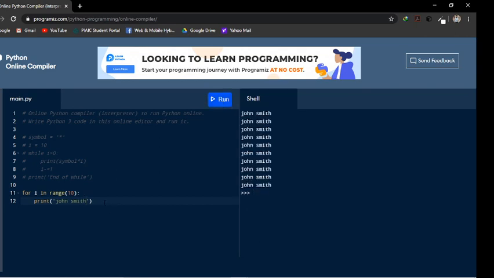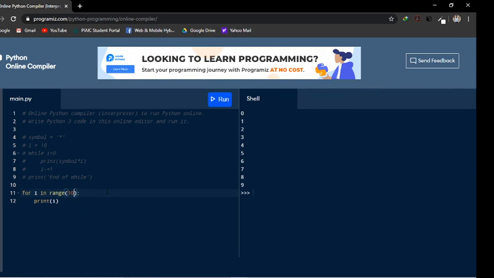You can see there is no need to increment i, and no need to assign i first. Range does all this itself; range itself increases i. Let's see how the values of i are changing. Let's print i. It's the same, from 0 to 9, meaning it starts from 0 and excludes the 10.